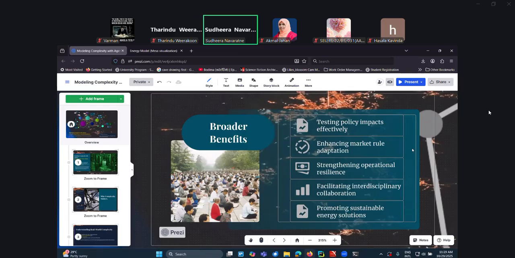There are a lot of applications of agent-based modeling. You can model the impact of certain policies, how market rules adapt, how market behavior changes, and how it can strengthen operational resilience. It also facilitates interdisciplinary collaboration and promotes sustainable energy solutions.